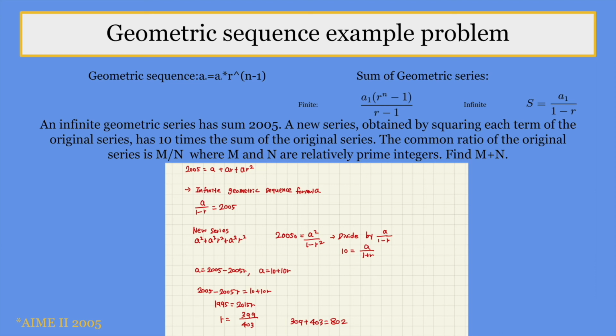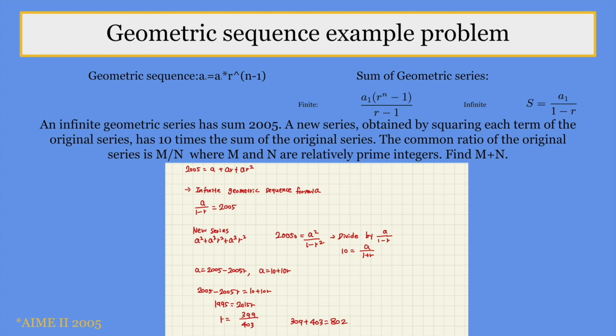We know this series has sum 20,050, which becomes a squared over 1 minus r squared. Dividing this equation by a over 1 minus r, we get 10 equals a over 1 plus r. Then a will be equal to 2005 minus 2005r, and a also could be equal to 10 plus 10r. So when we substitute one equation into the other, it will become 2005 minus 2005r equals 10 plus 10r. So when we solve for r, it will become